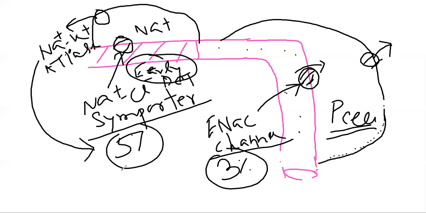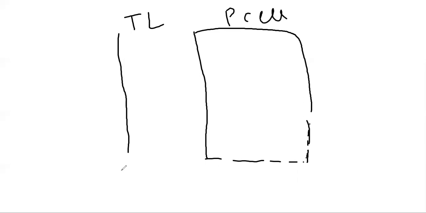So the thing is the same, but how this ENaC will be activated, that we have to discuss in our next slide. Suppose this is the tubular lumen. Here it is the P cell. So it is our tubular lumen, it is the P cell, and here it is the medullary interstitium.